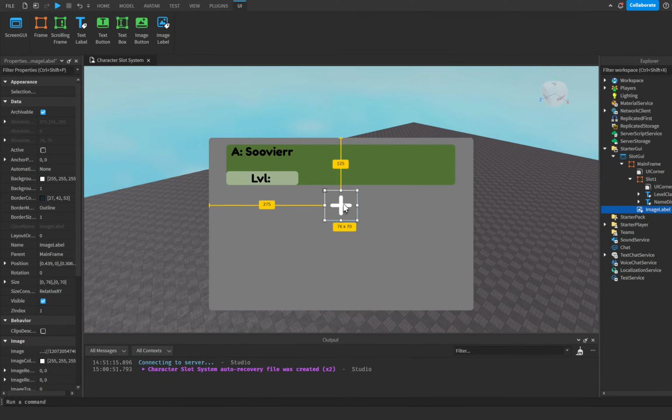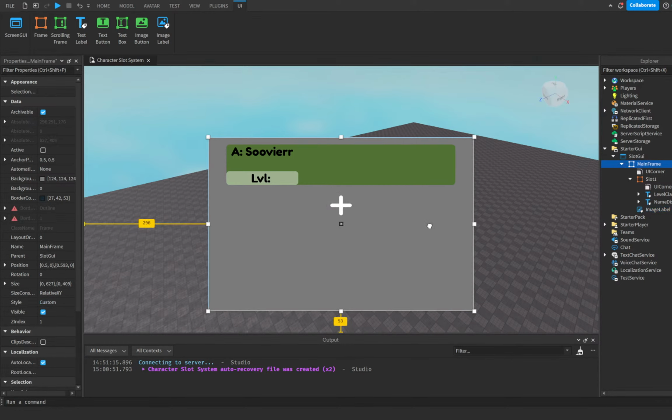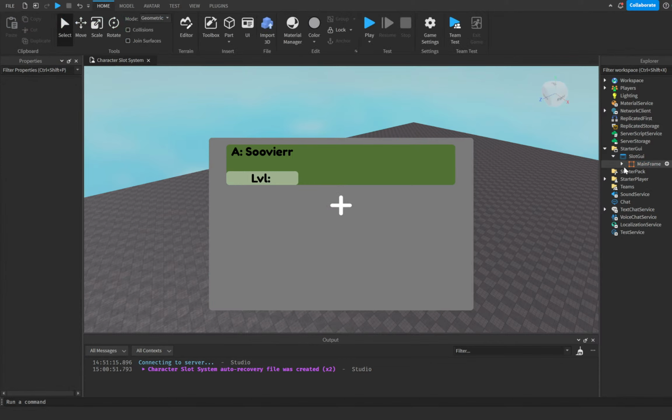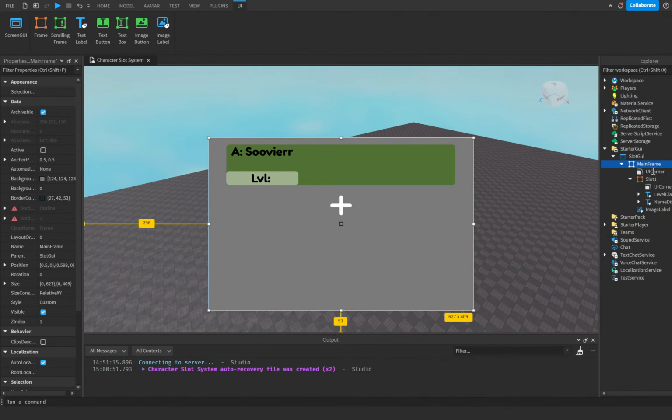But let me try. Okay, I'm gonna make it so it can be infinite, but I'm just gonna max it to 4 for the video, so it doesn't overdo it. And that means I have to change this frame then. If you can have more than 4, I should make a